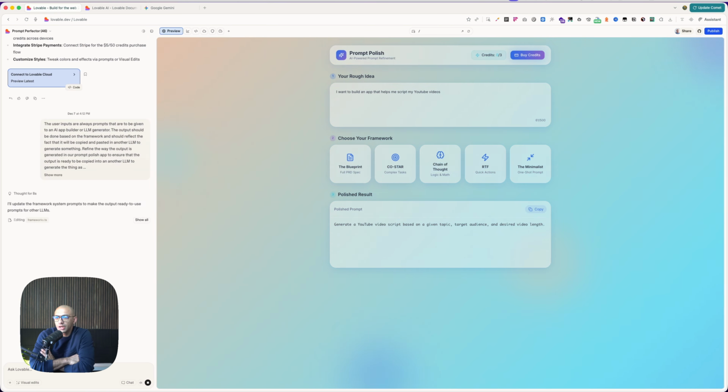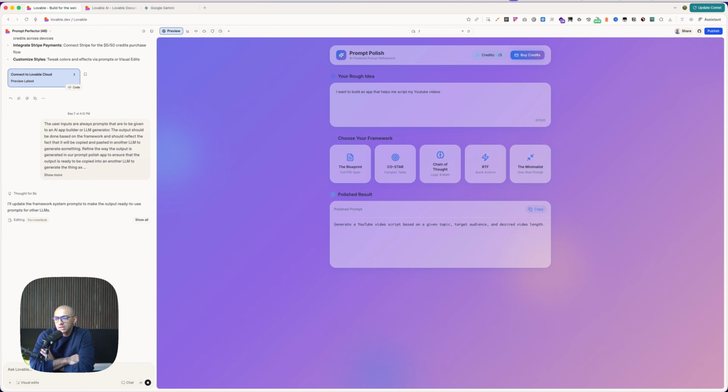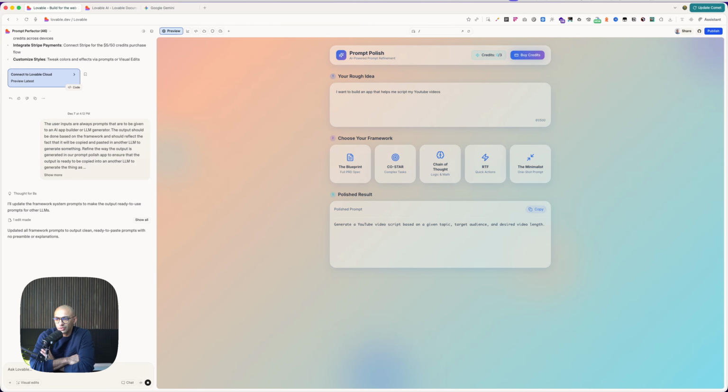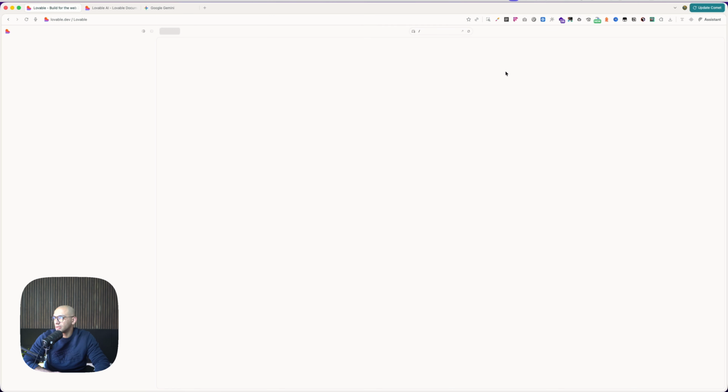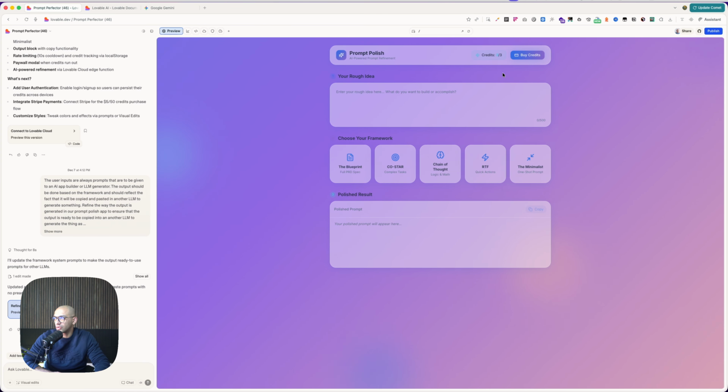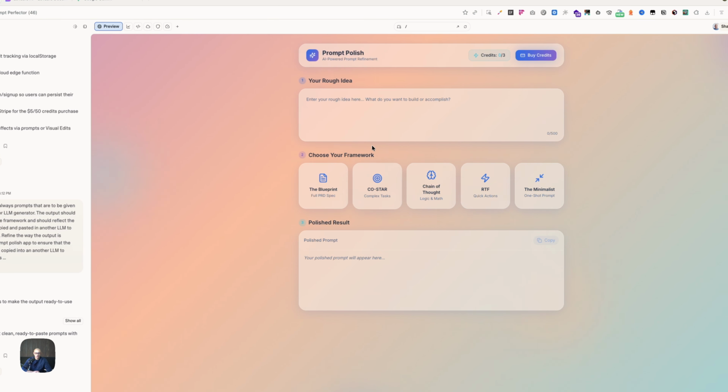All right, so it's generating. We're going to generate now. We're going to see how this works. I ran out of credits, so maybe I need to buy myself credits. But let's see how this changes things and if it's going to be a bit better. So if I refresh, can I? Yeah, I'm just out of credits altogether. So I want an app